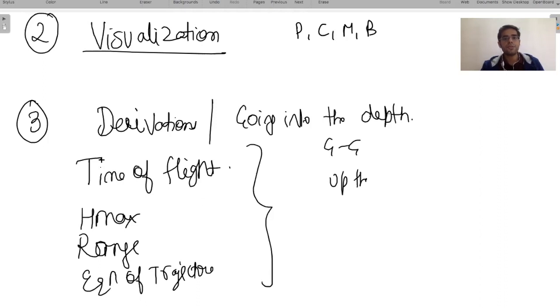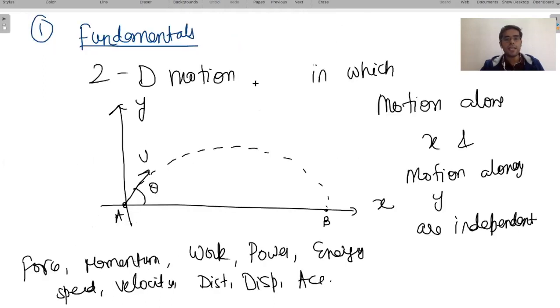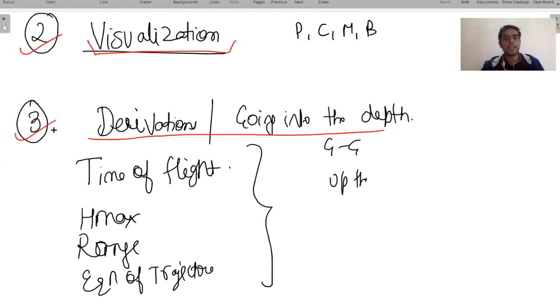Okay. So students, where they make mistakes in their JEE, they don't practice the derivations because they think just remembering the formula is enough. A lot of students miss out on this visualization also. They study the concept but they're not able to visualize. Okay, so you have to be very conscious that your fundamentals are very strong, visualization is there, derivation or going into the depth of each and everything is there, up the plane, down the plane, and maybe top of the tower.